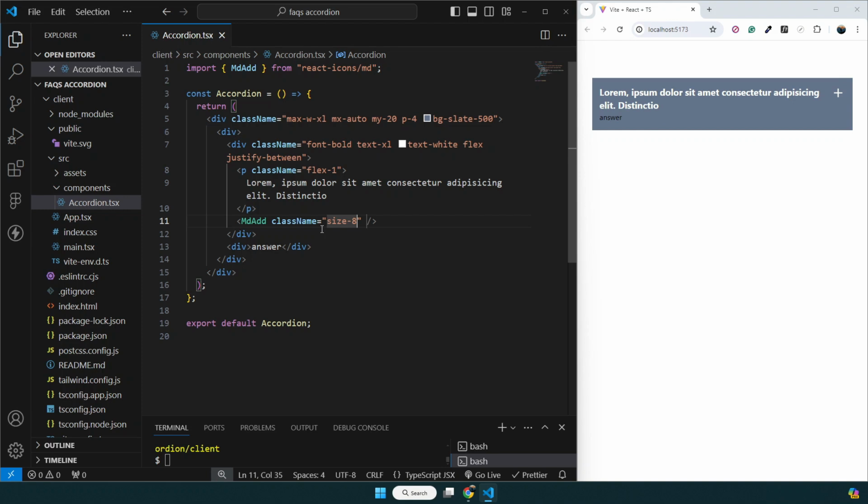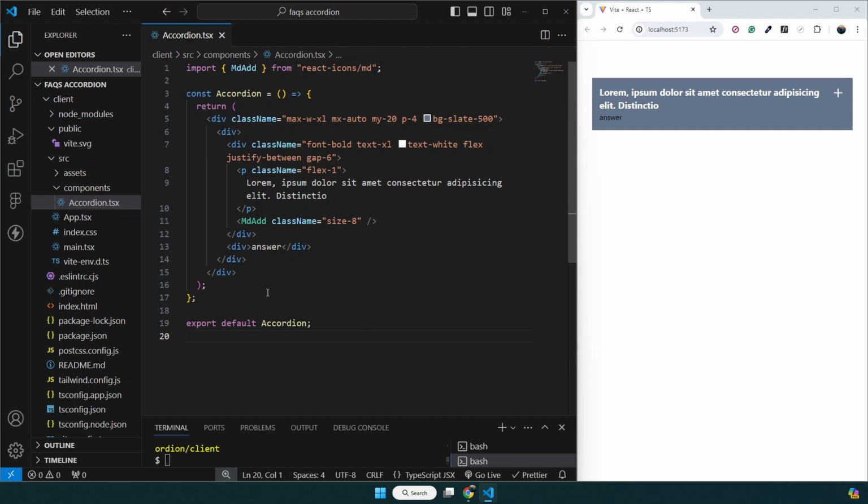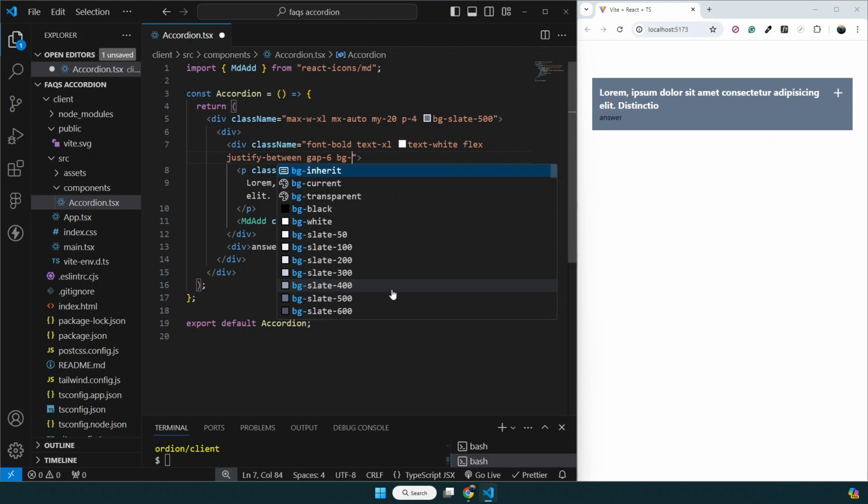I think that is good enough for me. Maybe some gaps for these two, gap, and maybe like 6. Okay, all right. So we have this question section, and we have this icon over here, and maybe I want something like within this one. Maybe I want a BZ,